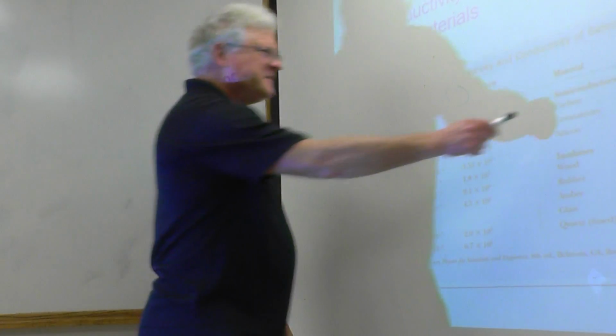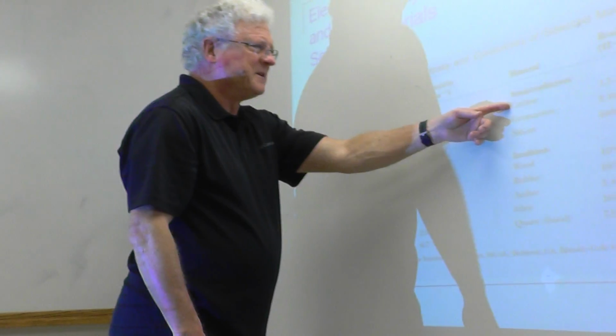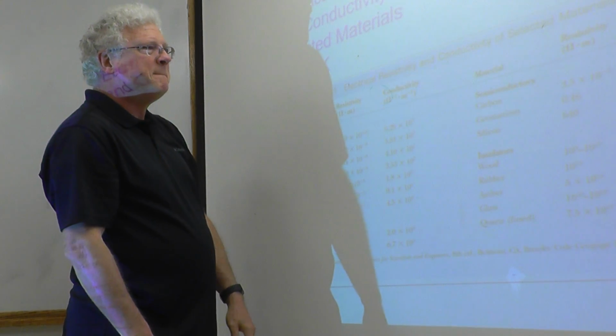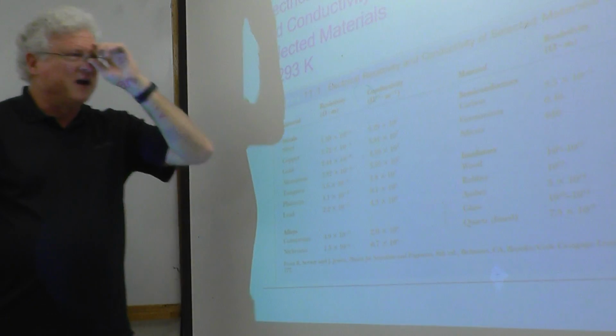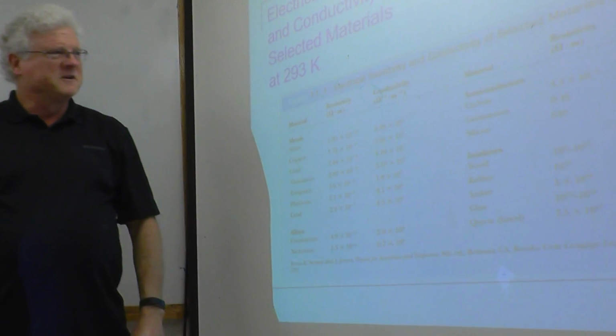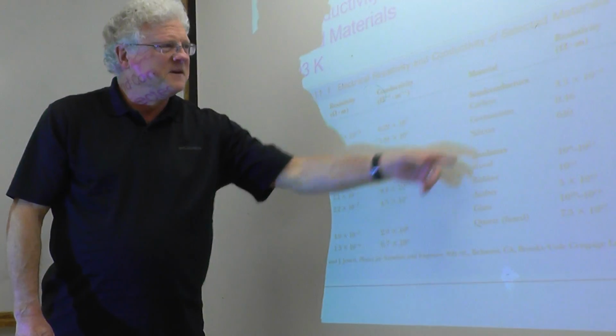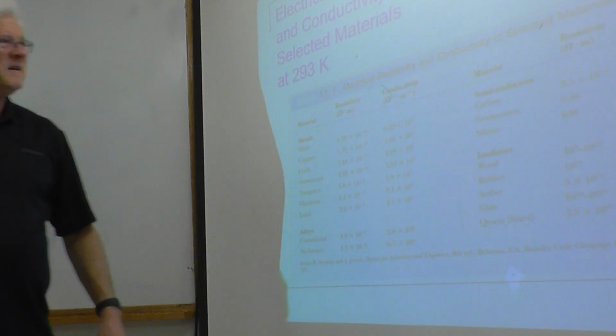Whereas anything that's, I guess they don't even show the semiconductors here, but oh yeah, they do. Okay, that's diamond. It's actually a semiconductor, but it's also at room temperature. It behaves like a pretty reasonably good insulator. Germanium, silicon, and